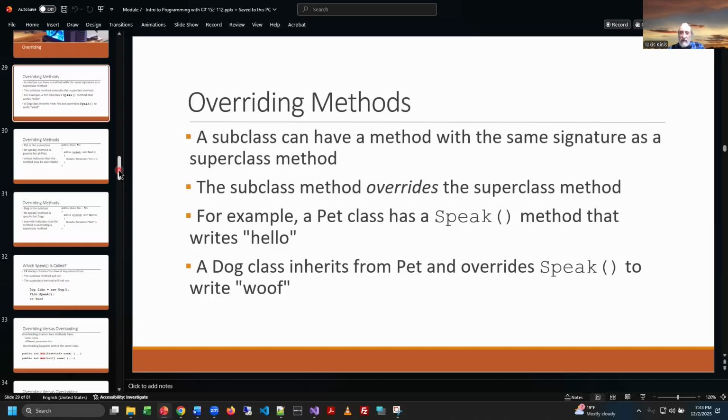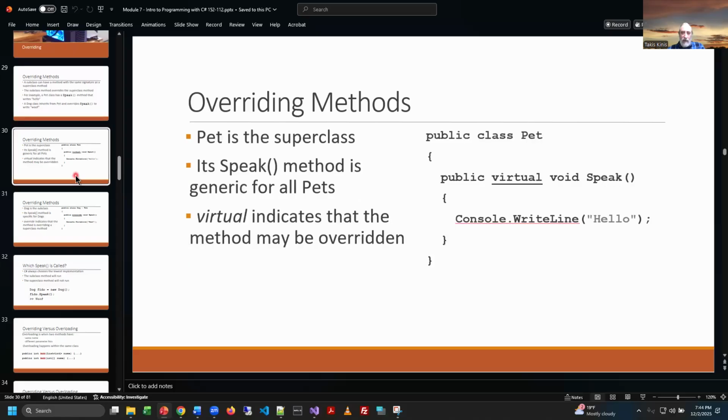So for example, it says pet has a class called speak that writes hello, and dog class inherits from pet and overrides speak to write woof. All right, so that's kind of a weird thought, but here's the example. Pet's the superclass, and notice that it has its method here called speak, and its speak method is generic for all pets. Like, if a pet doesn't have a sound it makes, well, it's going to say hello,